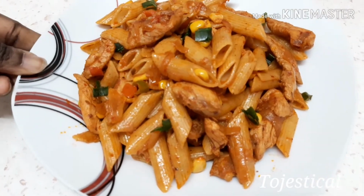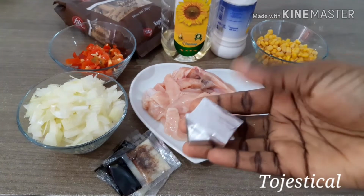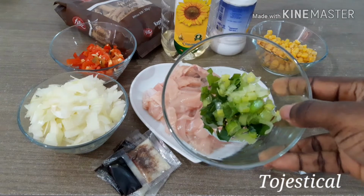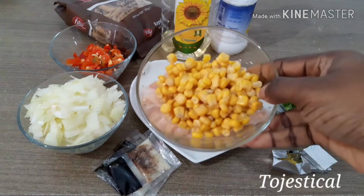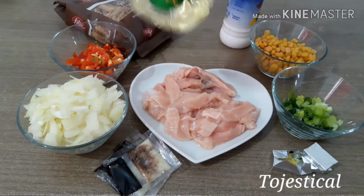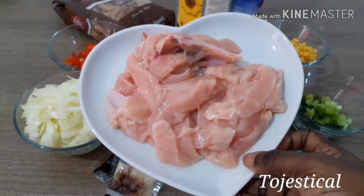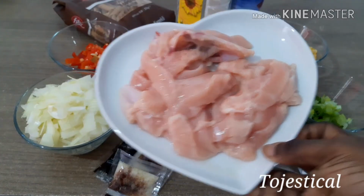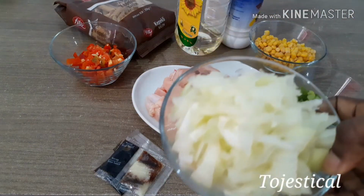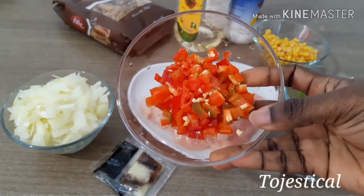So let me introduce you to the ingredients. Here are the ingredients on the screen. Two seasoning cubes, spring onion, sweet corn, salt, vegetable oil, chicken breast, washed, cut and cleaned properly, onion, fresh pepper,